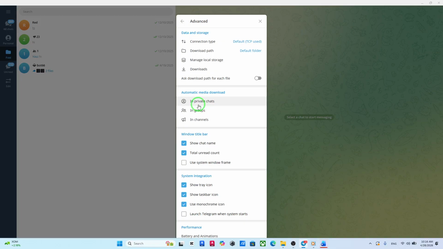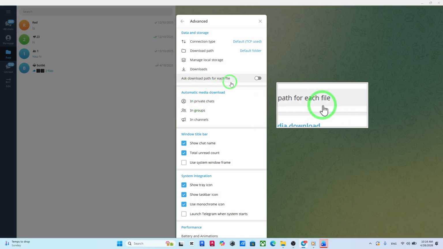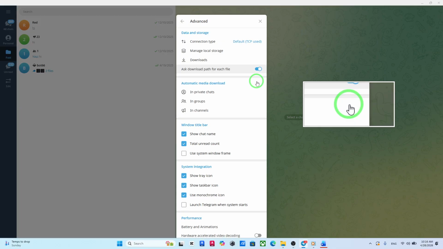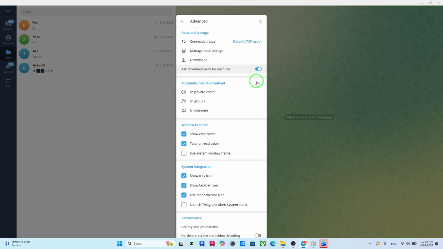Now, scroll through the Advanced settings until you find the option called Ask Download Path for each file. Once you see it, simply turn it on. That's it. From now on, every time you download a file on Telegram, you'll be asked where you want to